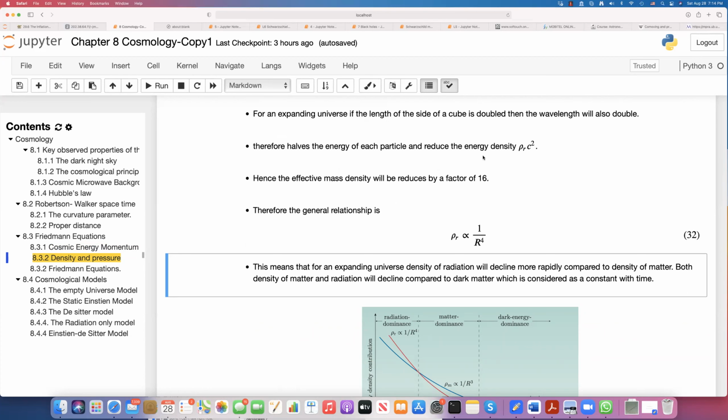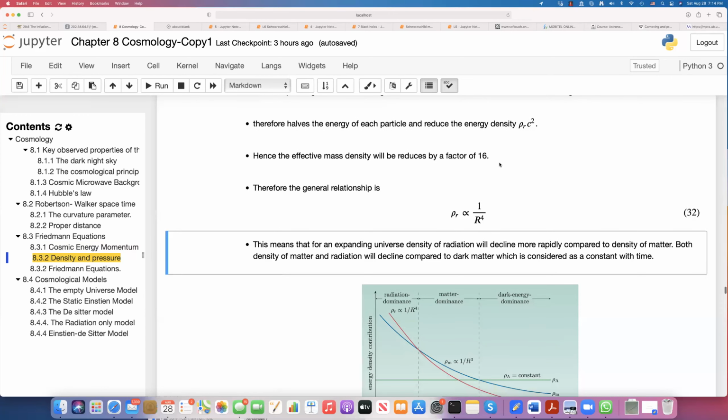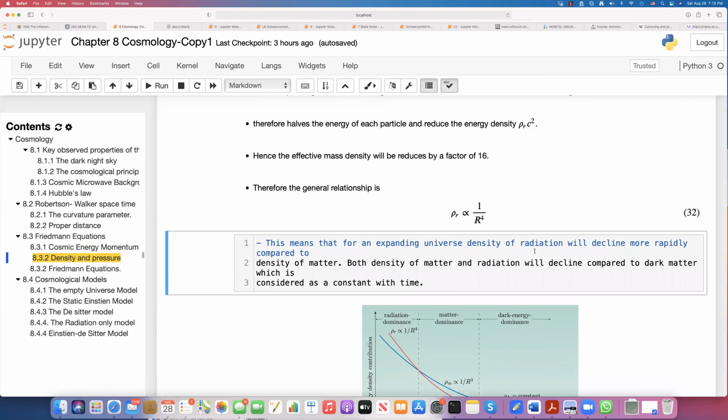There is this dark energy term, which we normally consider as a constant with time, right? But there is something that I have to check here. This should be dark energy. Yes, this should be dark matter density. No, it should be dark energy density. Let me do that correction.